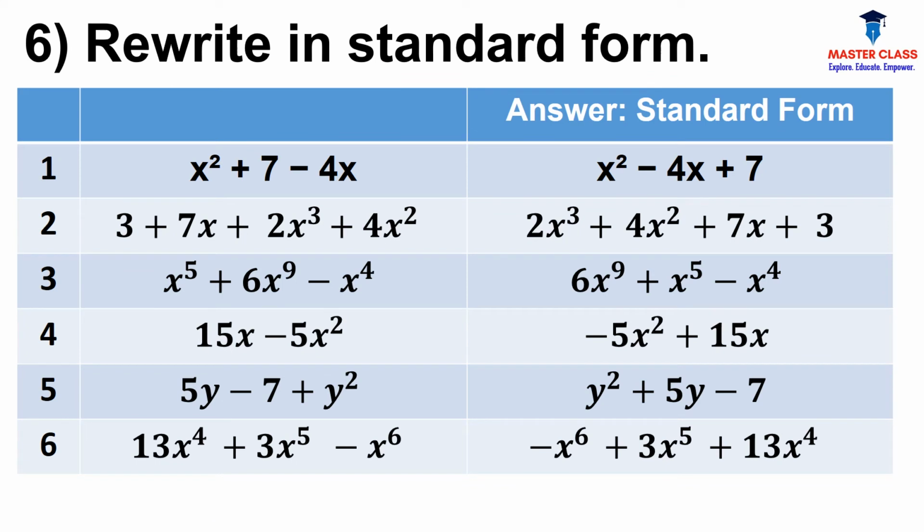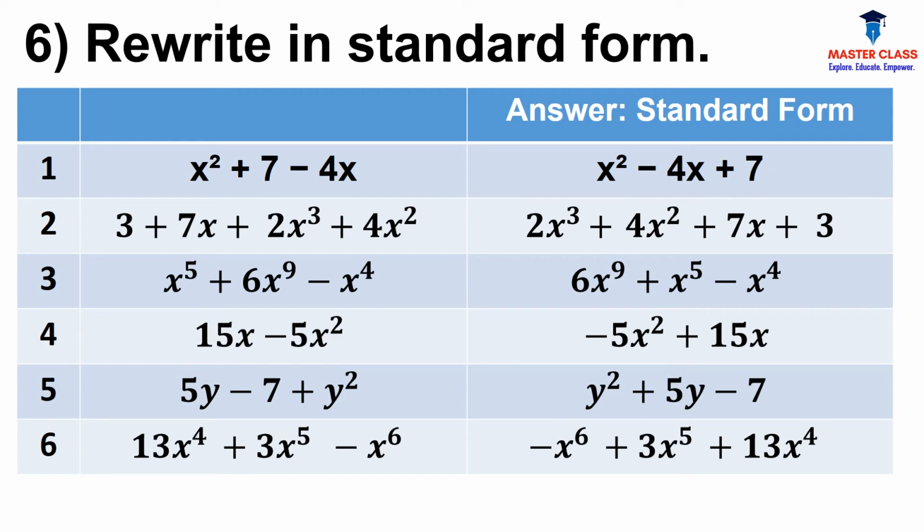To write a polynomial in standard form, we must write it in descending order of the exponents. Therefore, x squared plus 7 minus 4x must be written as x squared minus 4x plus 7. The polynomial 3 plus 7x plus 2x cube plus 4x squared must be written as 2x cube plus 4x squared plus 7x plus 3. The polynomial x raised to 5 plus 6x raised to 9 minus x raised to 4